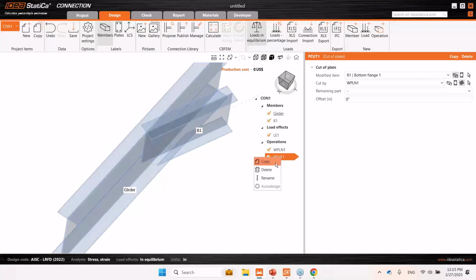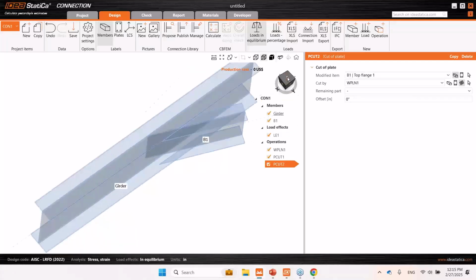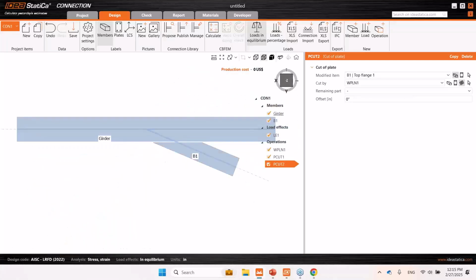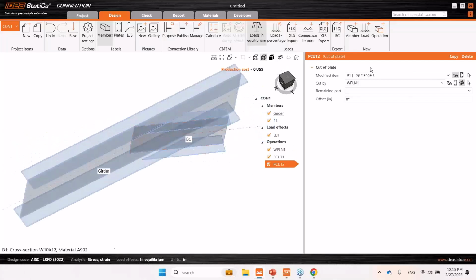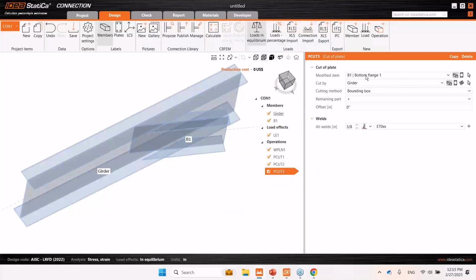Now I can copy this operation, and now I select B1 top flange, right? So we cut those flanges in reference to that working plane. And finally, I'm going to cut the web of this beam. So I can create a new operation here,